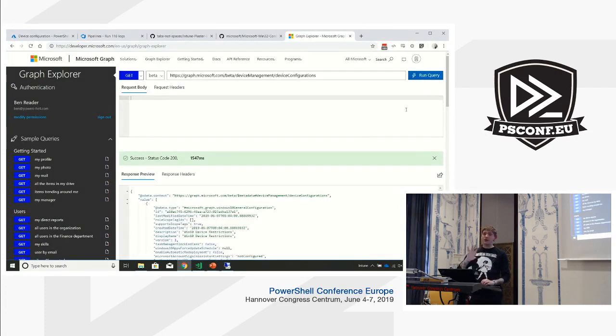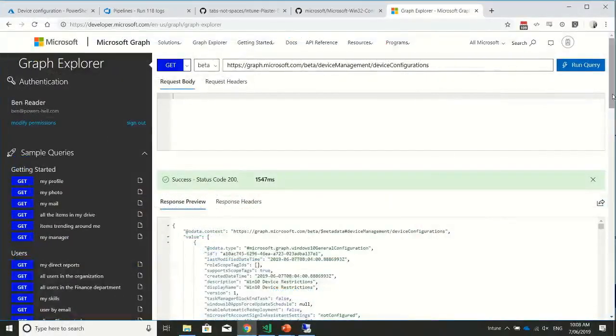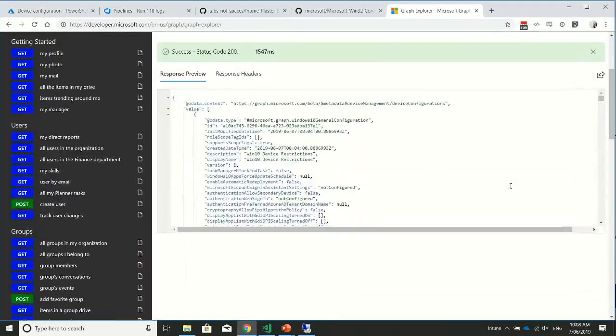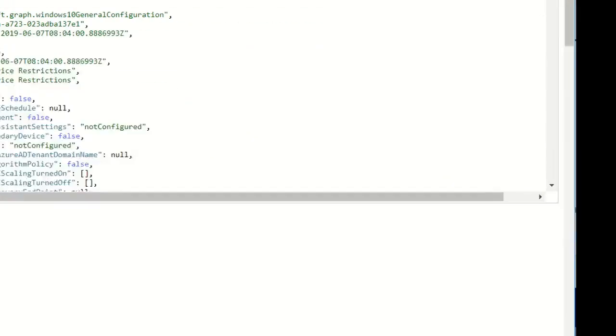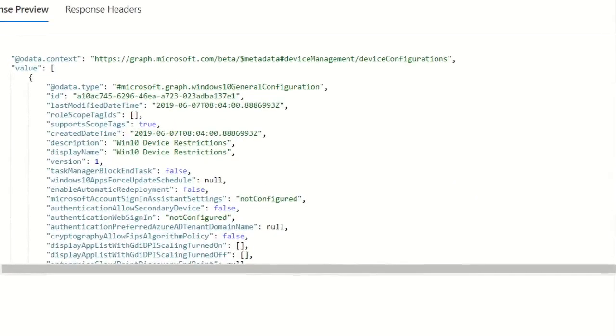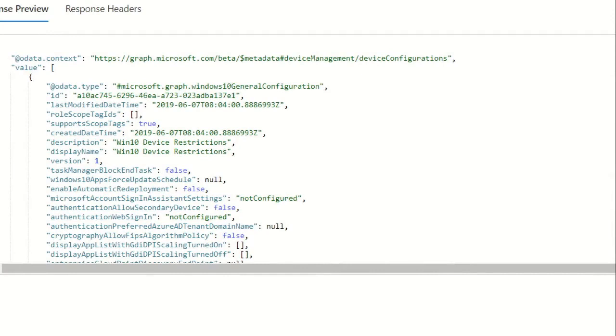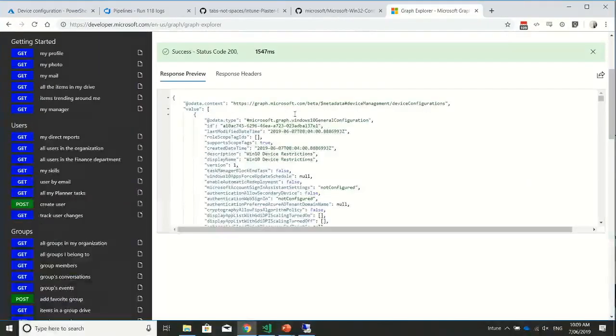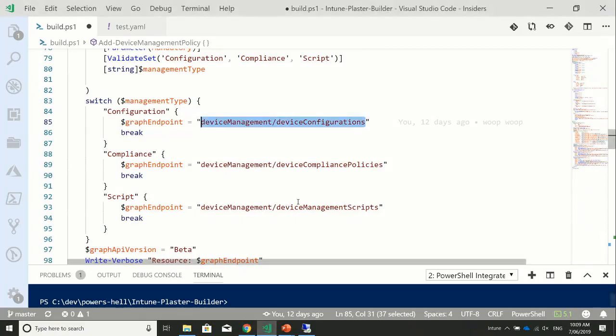So again, I'm just doing a get here because I just want to see the data. I can see all this information here. Let me see if this will work. So this is one of the device restriction policies that we just automatically built out. It's got that JSON data that we created ourselves, we threw into Intune, and now we can access it through the API. So all my function is doing is, instead of doing a get on that REST API, it's doing